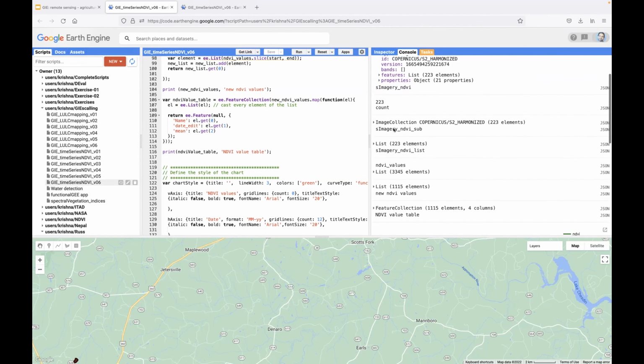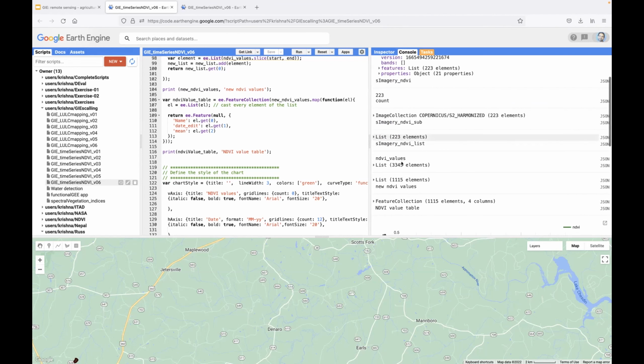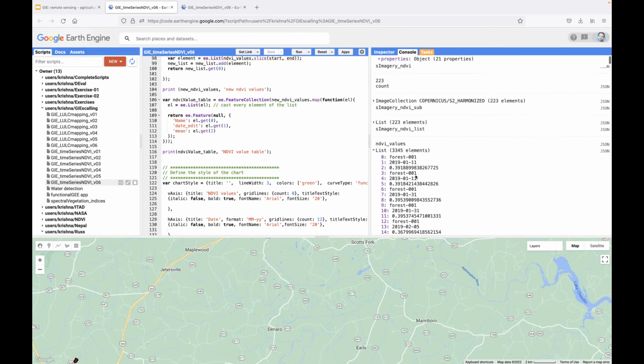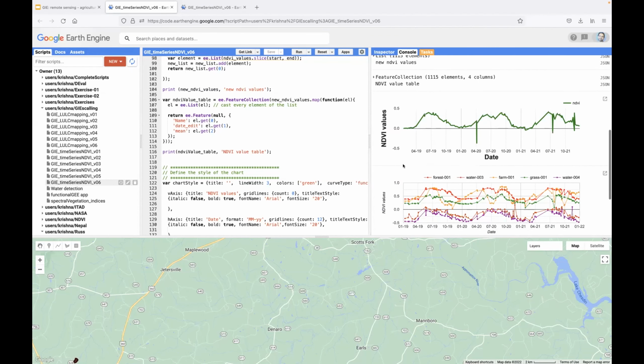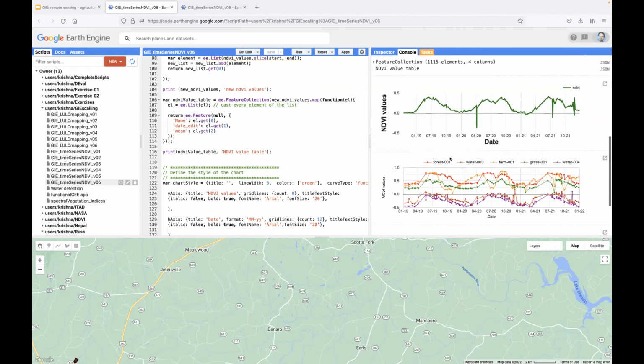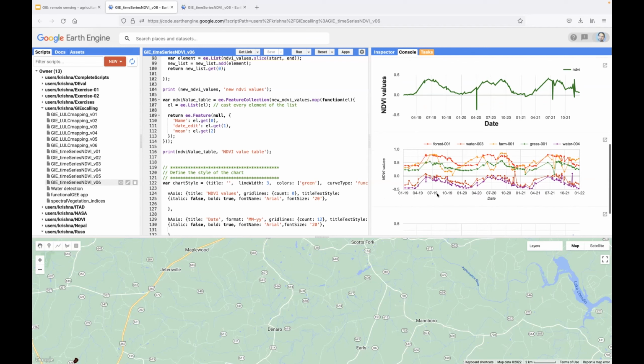and then you see a list of NDVI values, like a unique ID I have, that is forest 001, forest 002, and then the NDVI, the date and then the value. And there are 3 graphics you see. So 3 graphics, and one NDVI value is based on an average of all the polygons. And the middle one here, the one I shared with you earlier, that is for each individual farm. And here I just picked the 5 different